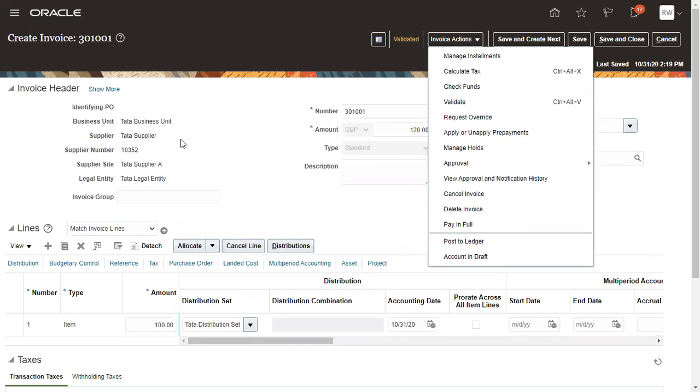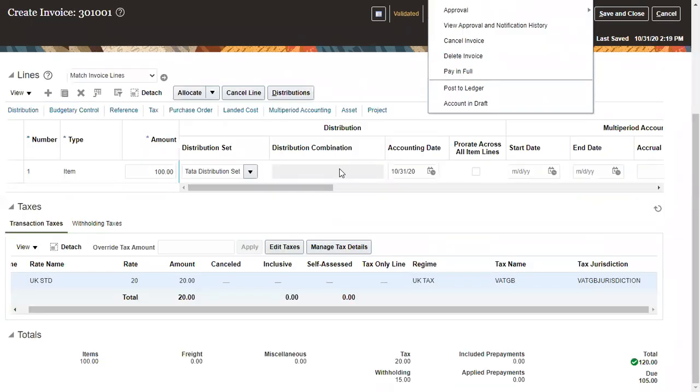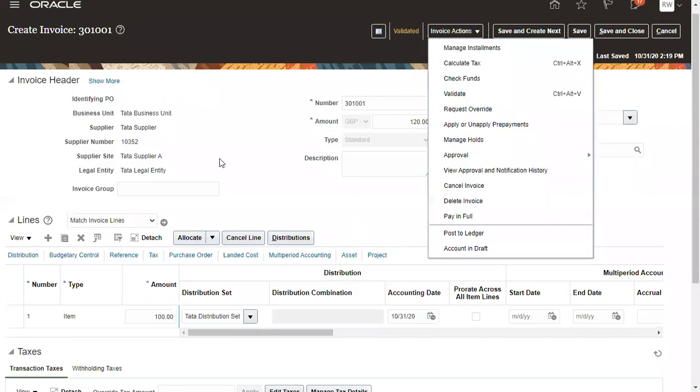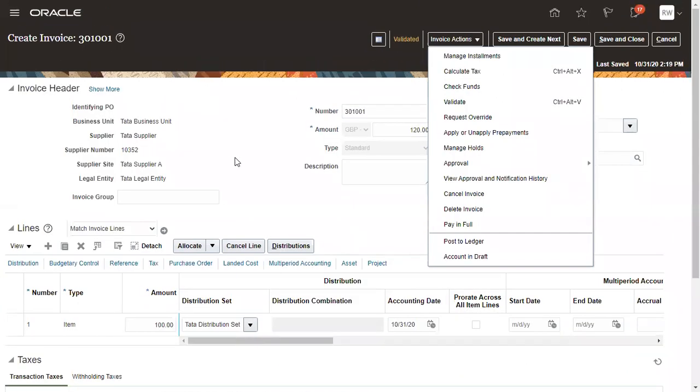Whenever a user is doing any transaction, he will know that a prepayment is available, and you can apply that prepayment like this. We will see that when we do our own setups, and we will enable this. Maybe for this one I have not enabled it, but yeah, I can see it.